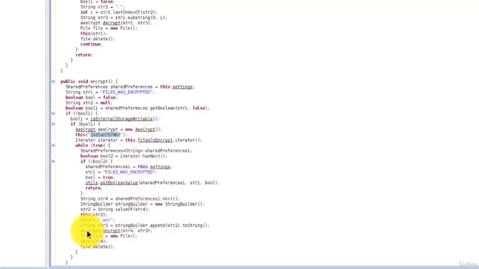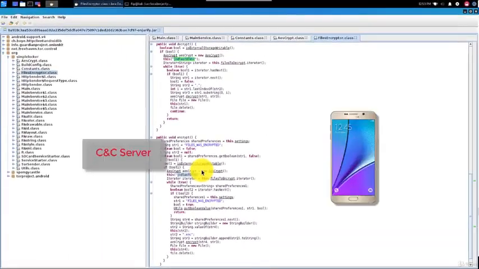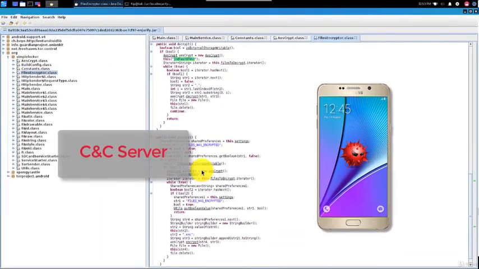So here we can see that our assumption of what the ransomware was doing was correct. And we can see the key being used. So just over here, with a quick analysis of some very clearly named functions and classes, we can see that there is a command and control server.